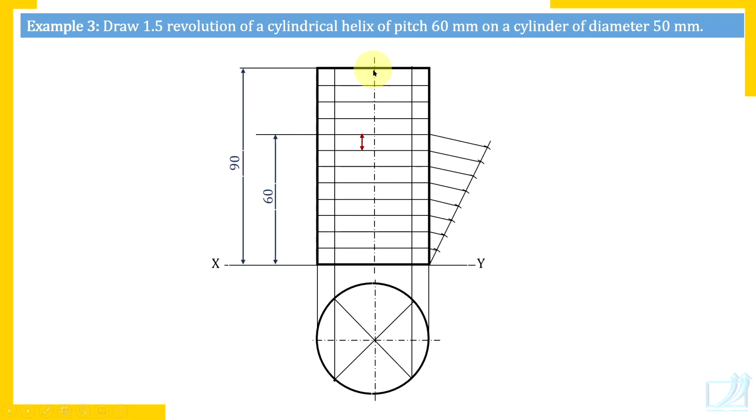So 1, 2, 3 and 4. 8 divisions in 60 millimeters, so of course 4 divisions in the next 30 millimeters. And now check where the initial position is. Initial position is not given. We'll assume at the bottom and on extreme left. And direction of rotation we have assumed anti-clockwise. If not given, assume anti-clockwise. So it should move on the right side. Next horizontal and vertical line where they intersect, that is the point. And this is how you start marking the points.